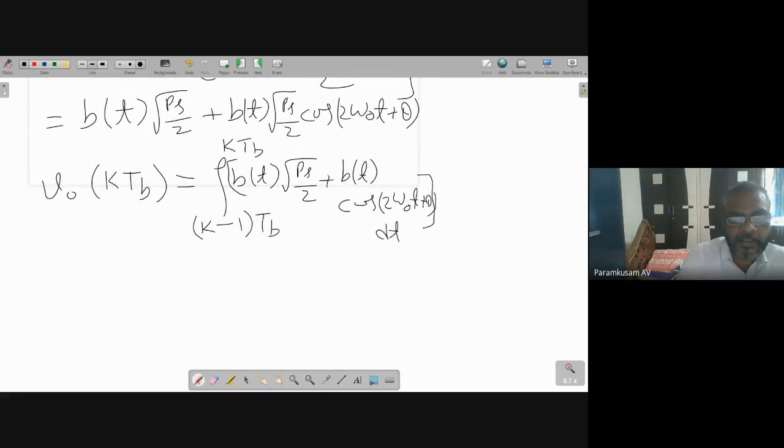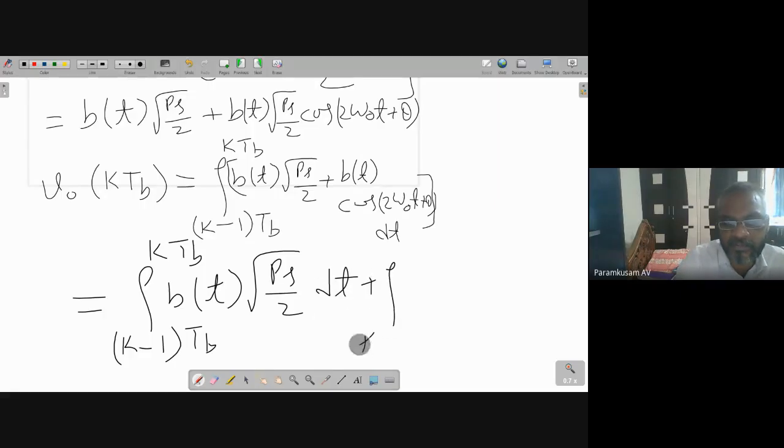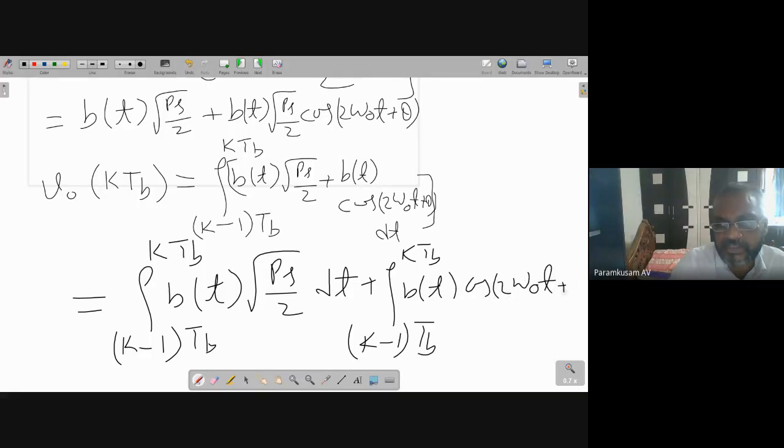Okay. Now this is integration with two parts now. Integration k-1 tb to ktb of b of t into root over ps by 2 dt plus integration k-1 tb to ktb of b of t into cos 2 omega naught t plus theta dt,